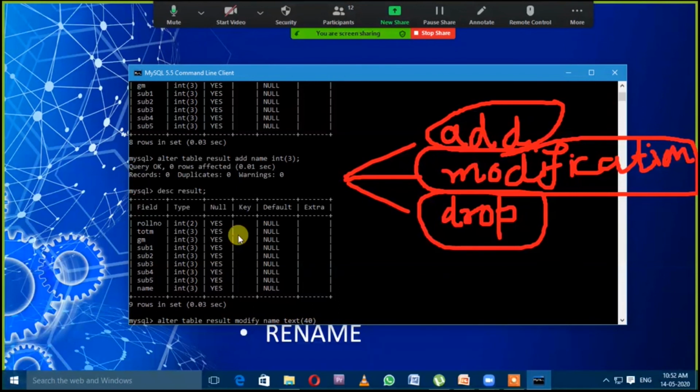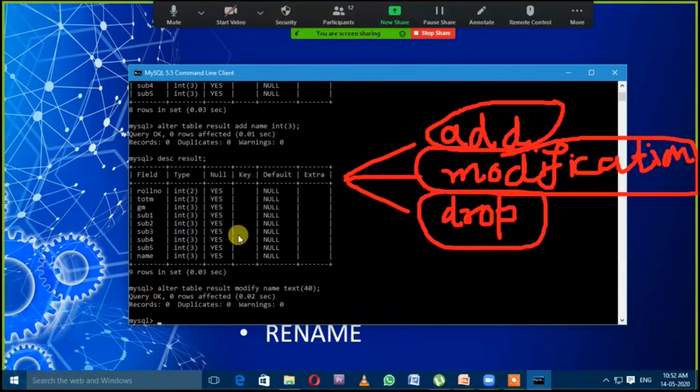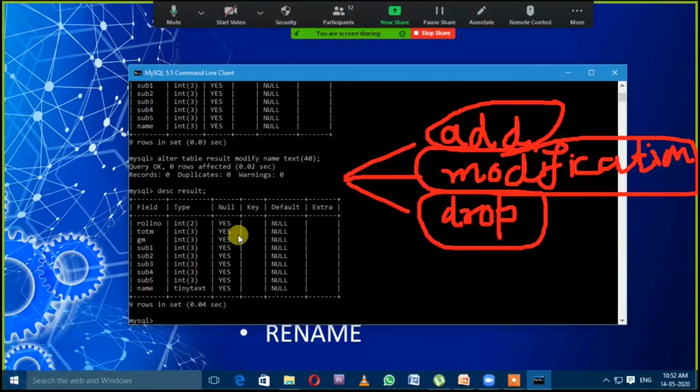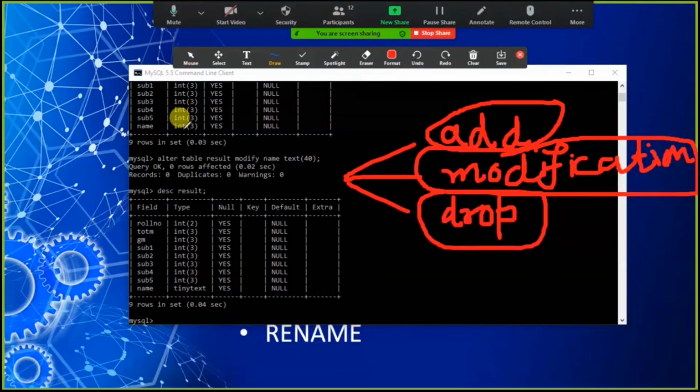It doesn't matter whether you pass the size with text or not, it will be taken automatically, but I am passing 40 here. Let's see what will happen. Query ran successfully, and now I am describing the result. So look here, previously the name column had the int data type, but right now the name column has the tiny text data type.